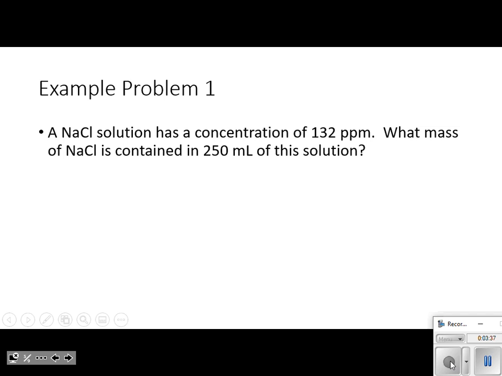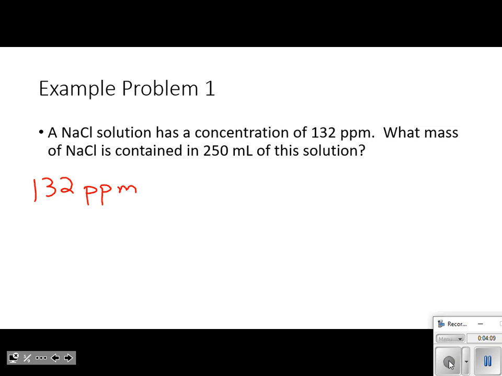What mass of NaCl is contained in 250 milliliters of solution? So as I'm looking at this, I need to take my 132 parts per million,